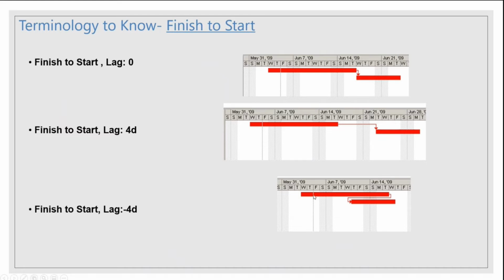Moving to the next, it's very important when we assign a predecessor, that is the dependency between tasks. We come across terminologies such as finish to start, which is most commonly used. Finish to start means the finish of the first activity and the start of the second activity. Assume this is task one and this is task two. So finish to start is the finish of task one and the start of task two,